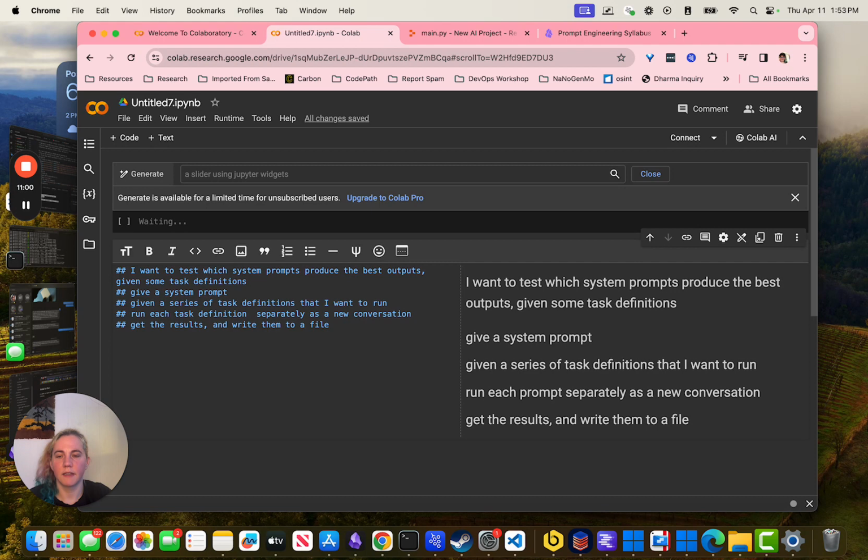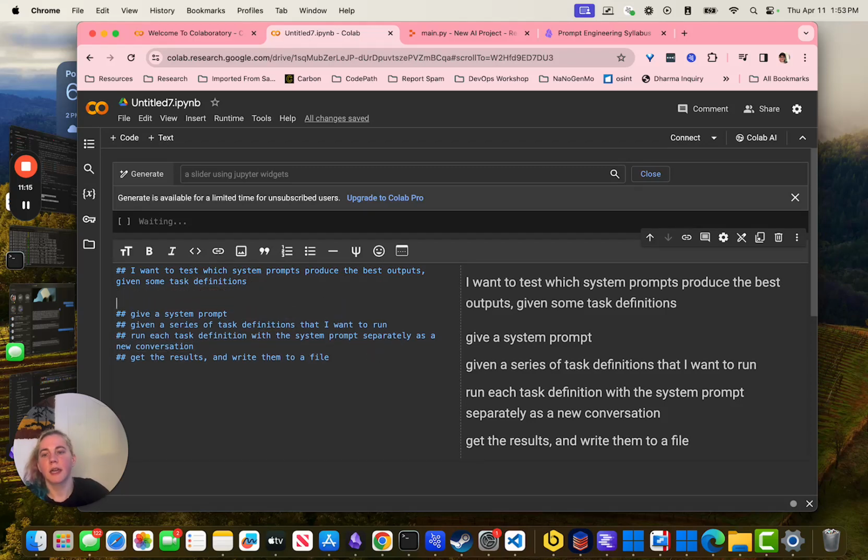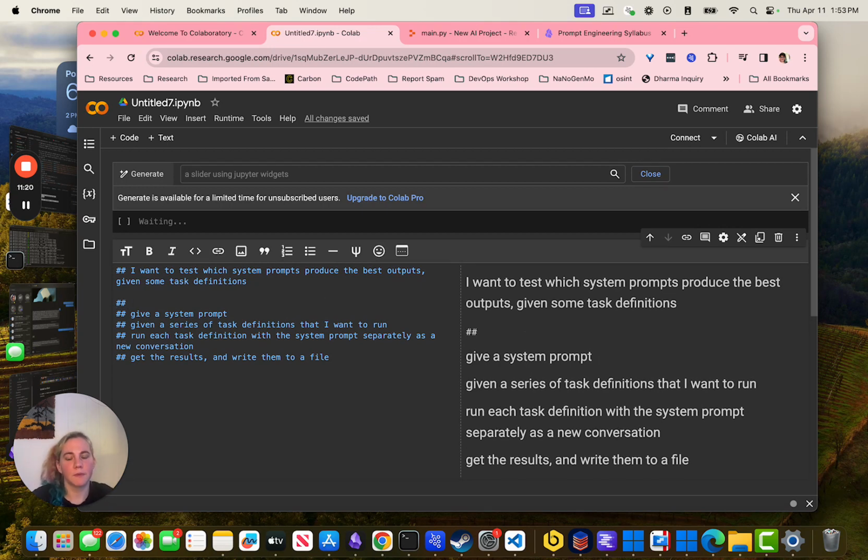Sorry, each task definition with the system prompt separately as a new conversation. Get the results and write them to a file. So I want to be able to give a system prompt, but I also want to maybe be able to,